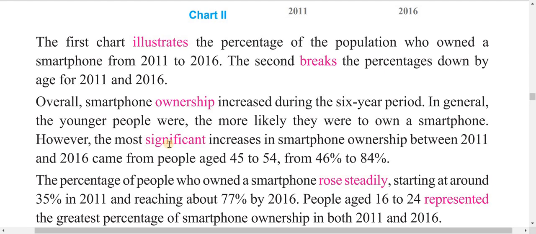45 वर्षदेखि 54 वर्षसम्मका उमेर समूहका मान्छेहरूसँग स्मार्टफोन लिने जुन एउटा पर्सेन्टेज हो त्यो चाहिँ बढेको छ। 46% थियो पहिला, 2011 मा भने 2016 मा आएर जुन 5 years को पिरियडमा 46% ले युज गर्थे 2011 मा 45 देखि 54 वर्षकाले भने